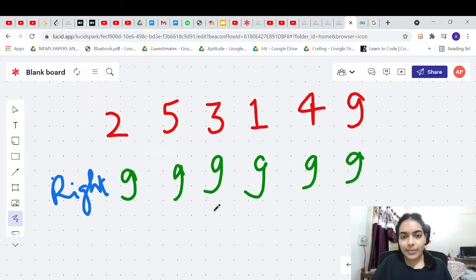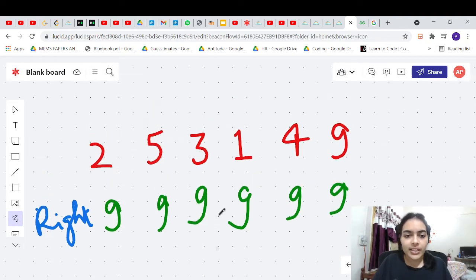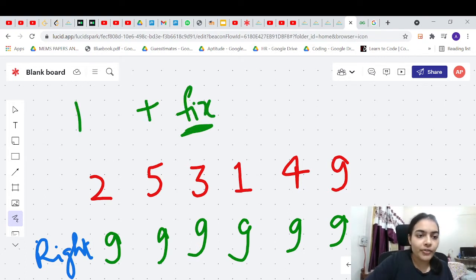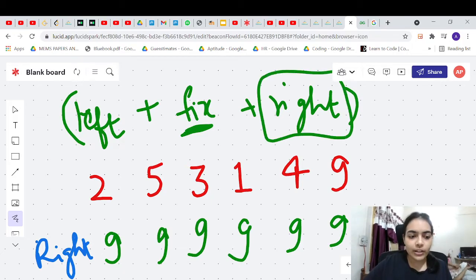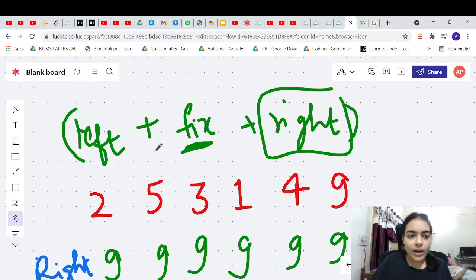Now the second step is to find the best possible case from the left side, because see, what do you want? You want the sum of 3 elements, right? So you are fixing the element as the middle element. You are finding the best element on the left side and the best element on the right side, and you are trying to find the maximum sum, right? On the right side, we can use a simple suffix array to find the best sum. Okay. And what about the left side? How will you find the best from the left side?